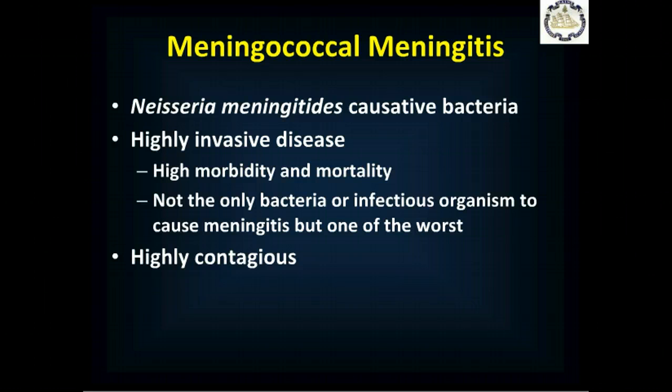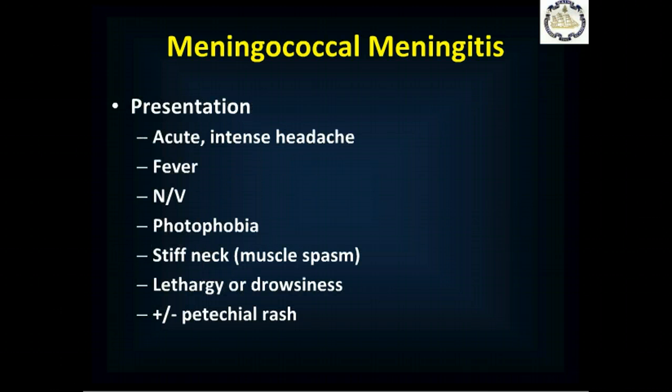It's not the only bacteria that causes meningitis, but it's certainly one of the worst to do it, and it's highly contagious. People with meningococcal meningitis typically will feel poorly for maybe an hour or two, maybe 12 hours, maybe not at all before they feel incredibly badly. They have an acute, intense headache,